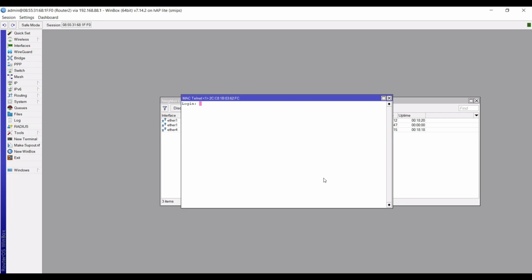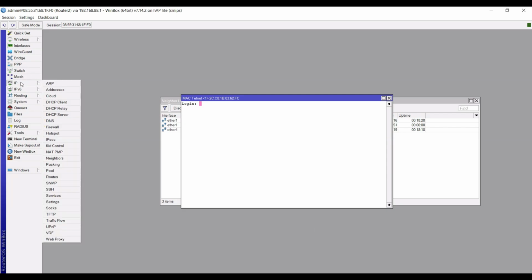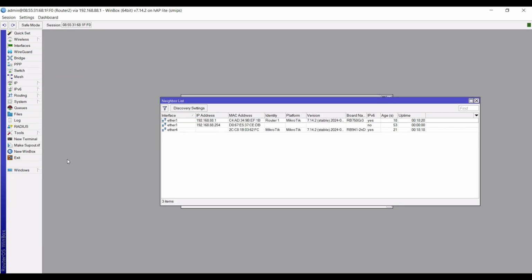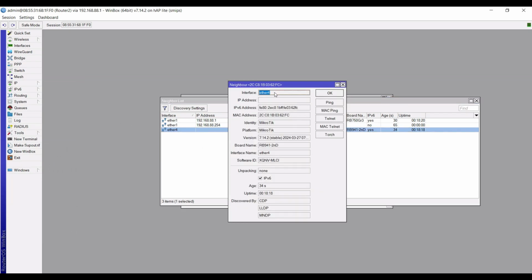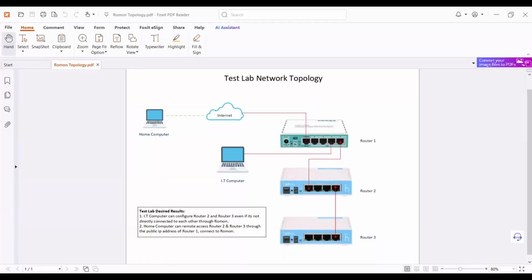What we'll do next is go to IP, then Neighbors. You will see here the router 3 device, and it's connected to Ethernet 4. Based on our topology, router 3 Ethernet 4 is connected to Ethernet 4 of router 2.